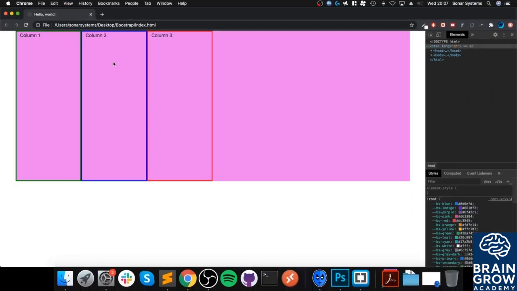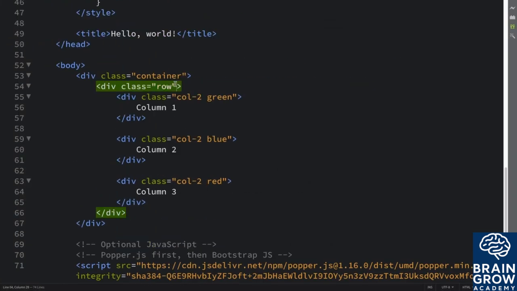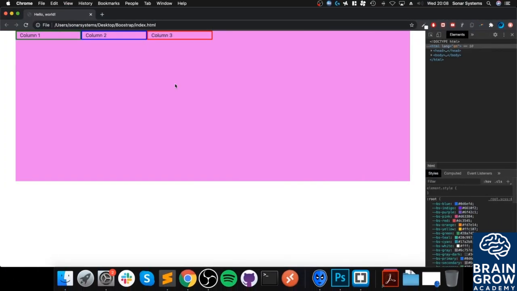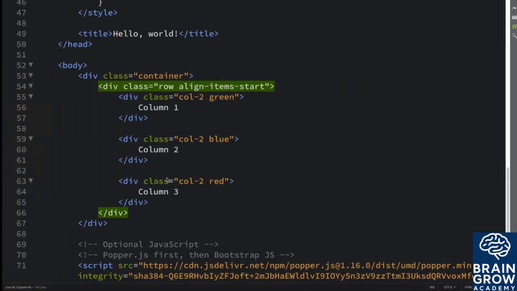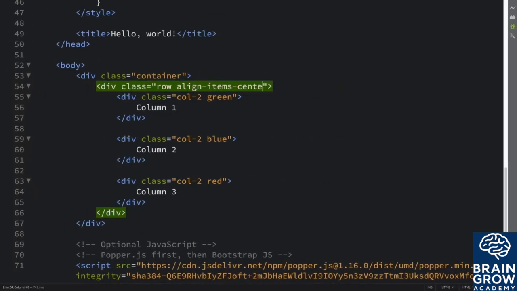So this is what happens. Columns fill the entire height. If you don't actually want to do that, put align-items-start, and that doesn't change anything currently, but what that does is keep the height the original amount, relative to whatever content and styling has been applied to these particular columns, which is very minimal at the moment. But what this allows me to do is, if I put center now,